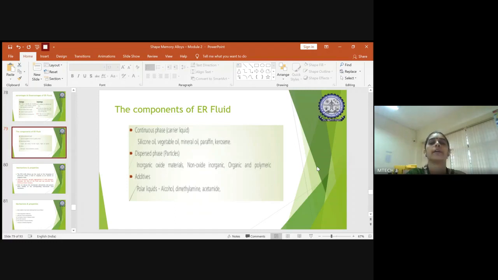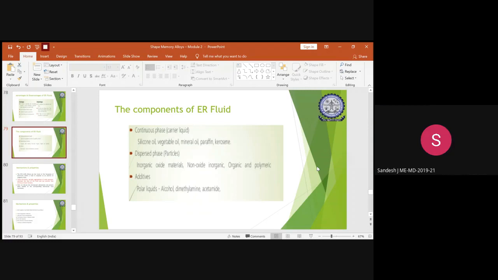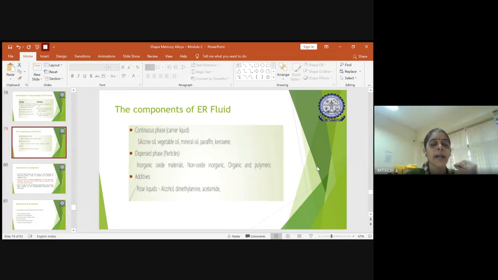we compared our electrorheological fluid with respect to the magnetorheological fluid. So we also came to know which is better and feasible enough to use for smart fluid applications. After knowing the entire concept of working, the mechanism behind it, and the components which are used, it is always essential to know in depth which properties and mechanisms are involved, whether it is an ER based fluid or an MR based fluid.